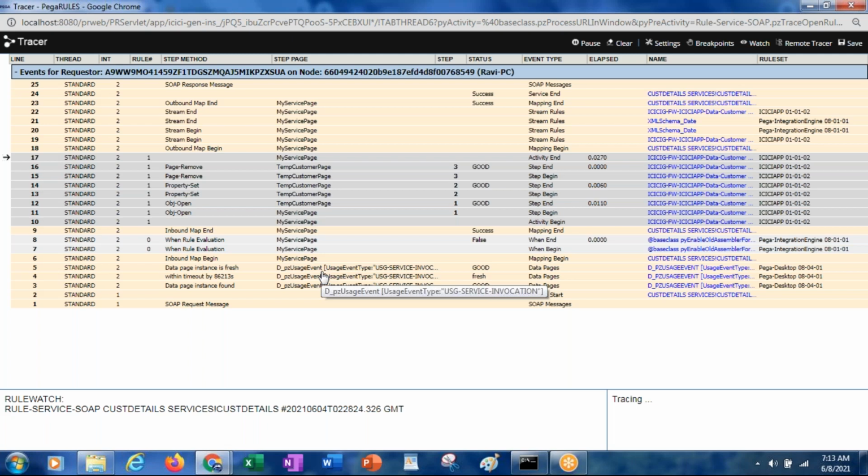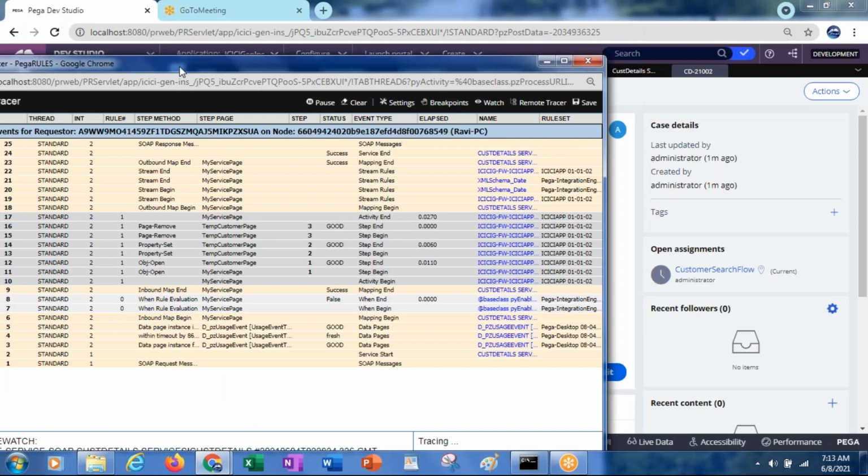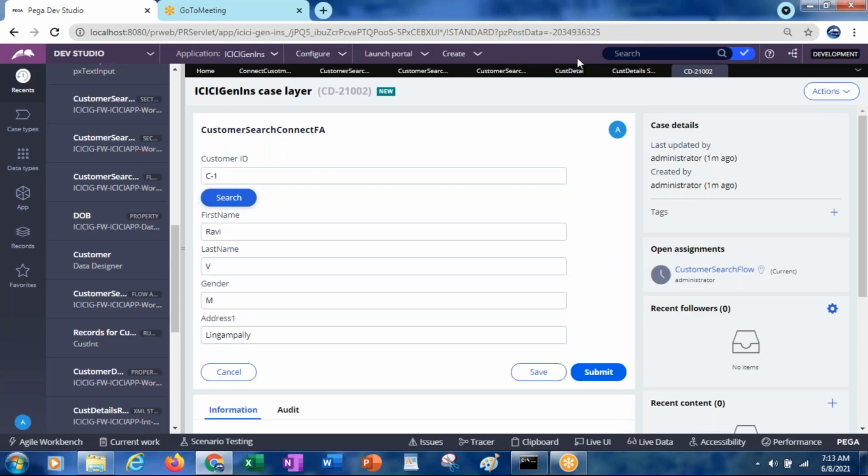Those operations can be what again? As we have done for the SOAP connectors, either we can retrieve some information, update some information, insert some information, or delete some information. All these things we can perform on any database table or service. So for that we will go for the REST connector. As we have SOAP also, then why do we have to go for REST?